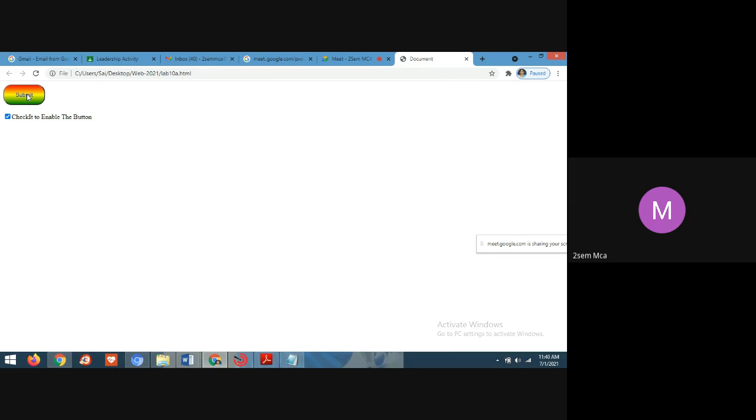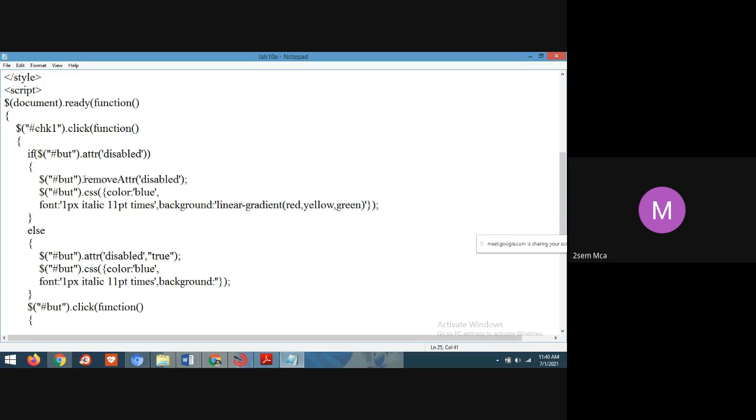Can you see this button? When you are clicking on this, then these properties should apply. When you are unchecking this, then these properties should be removed. Akrit, that's why the color is changing. So remove the attributes. Whatever properties he has given is font italic, font size 11, and the background color red, yellow, green.